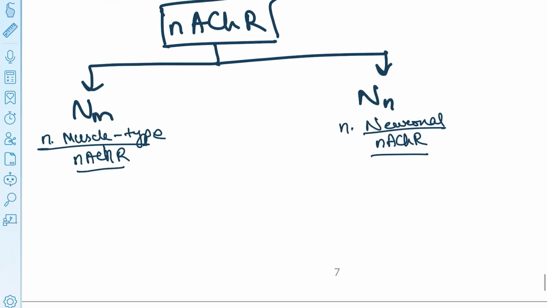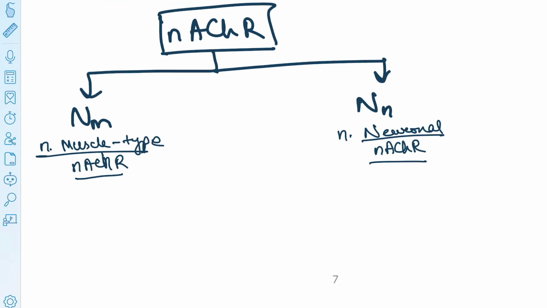Okay, so as the name suggests, muscle type acetylcholine receptors are usually expressed in the skeletal muscles. Nicotinic receptors were initially found in the skeletal muscles, and the researchers found that they are mainly involved in maintaining somatic innervation. Okay, so for the movement of limbs and voluntary movements, that's why they termed it nicotinic muscle